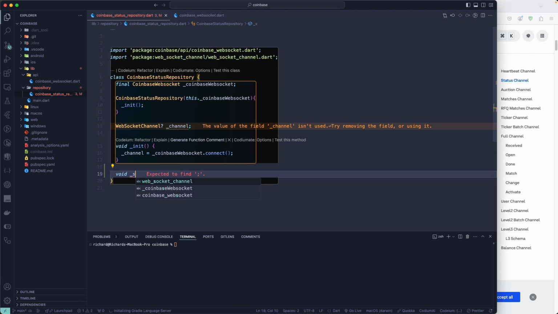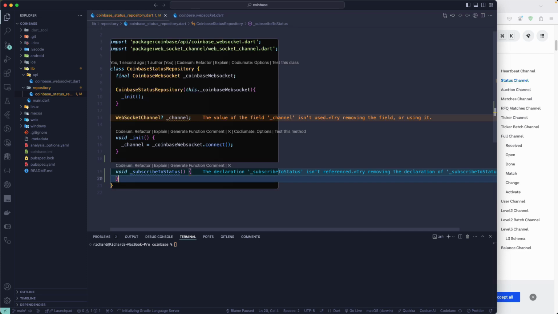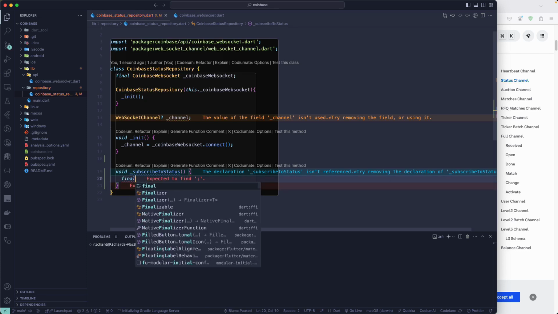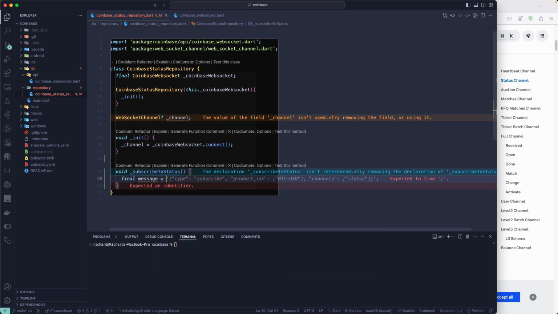I'll set the name to subscribe to status. I guess that should be fine. Let's not make use of the code generator tool or the Codium AI. The first thing that we will do is final message equals to the